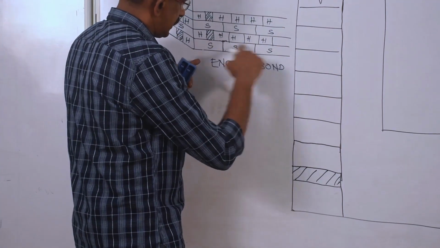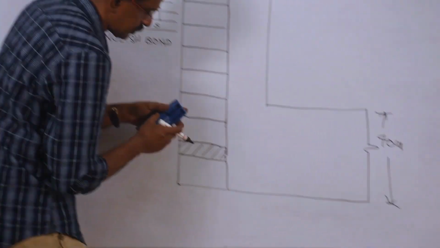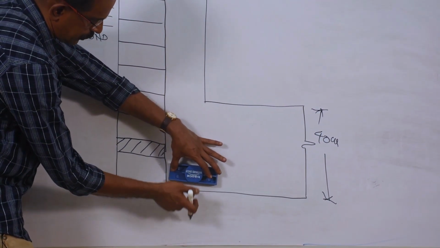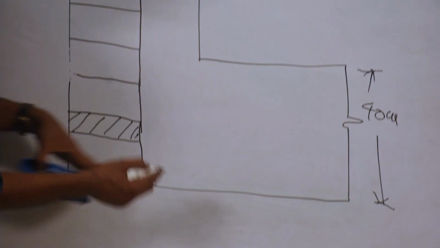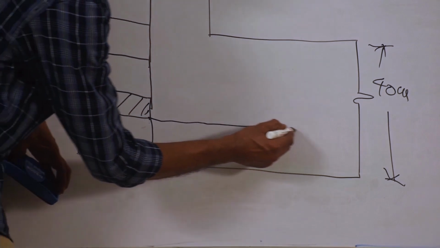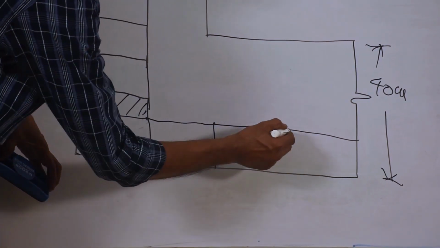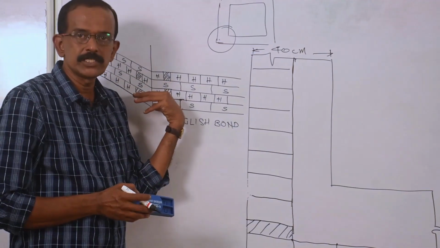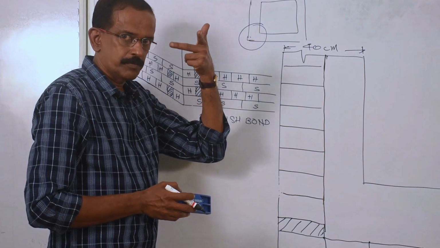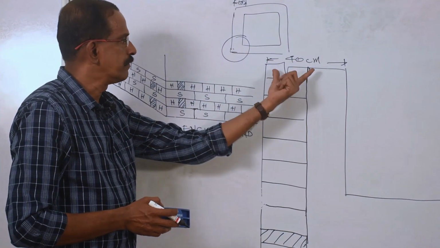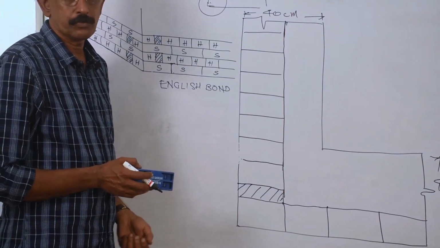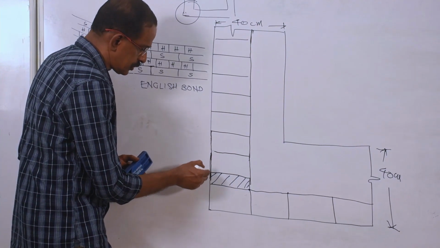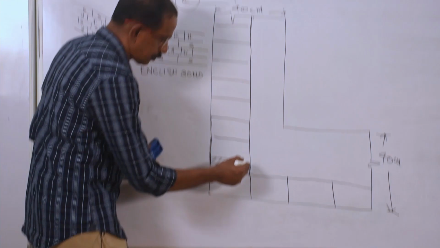Now, this side, you can see stretchers. That means the bricks are arranged like this in the top view. So that you will be able to see the stretcher face in the elevation. Okay. Up to this, it is same as your first figure because the elevation is the same. Now, second step, remember English bond, if the width is 40 centimeter, make the queen closer for 40 centimeter. Here 20 centimeter queen closer is there. So, how to make it 40 centimeter? Keep one more queen closer here.